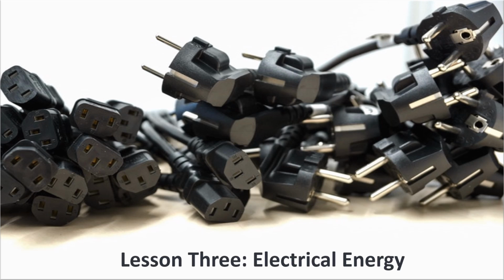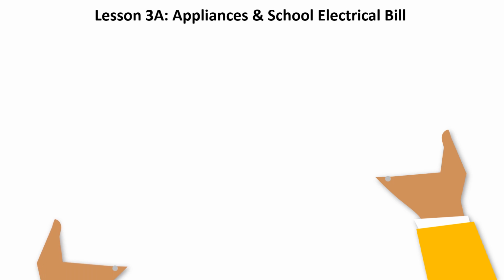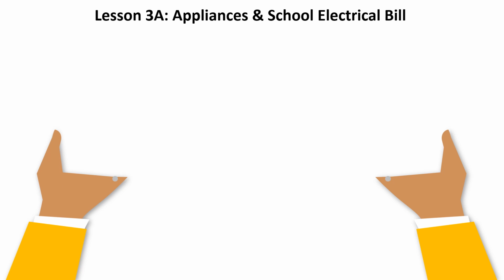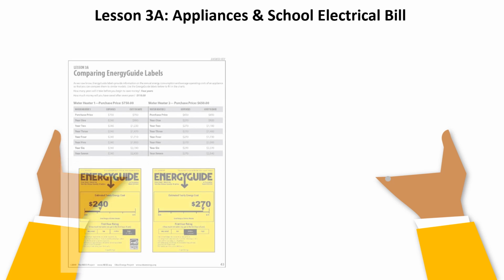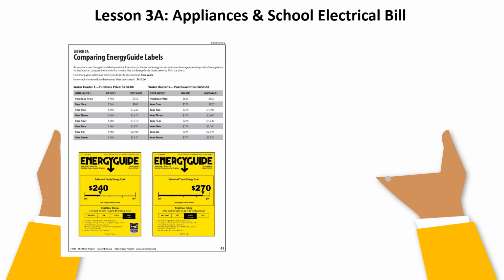Lesson 3, Electrical Energy. Lesson 3 takes an in-depth look at electrical energy and how it is used. This lesson is broken down into 2 parts. Lesson 3A reviews the basics of electric energy and explores appliances and how they are used to contribute to the electrical usage. Students will first interpret and compare energy guide labels to help identify those products that help consumers make